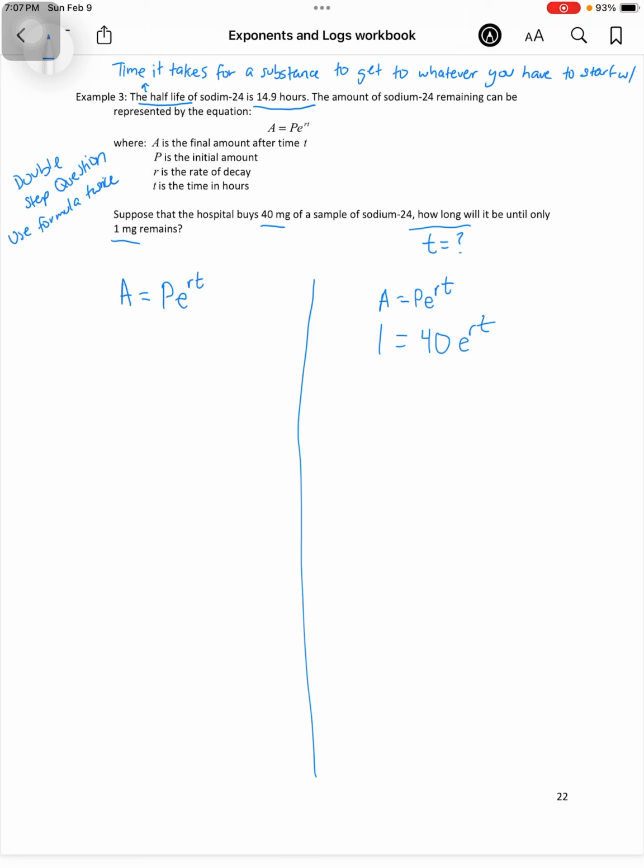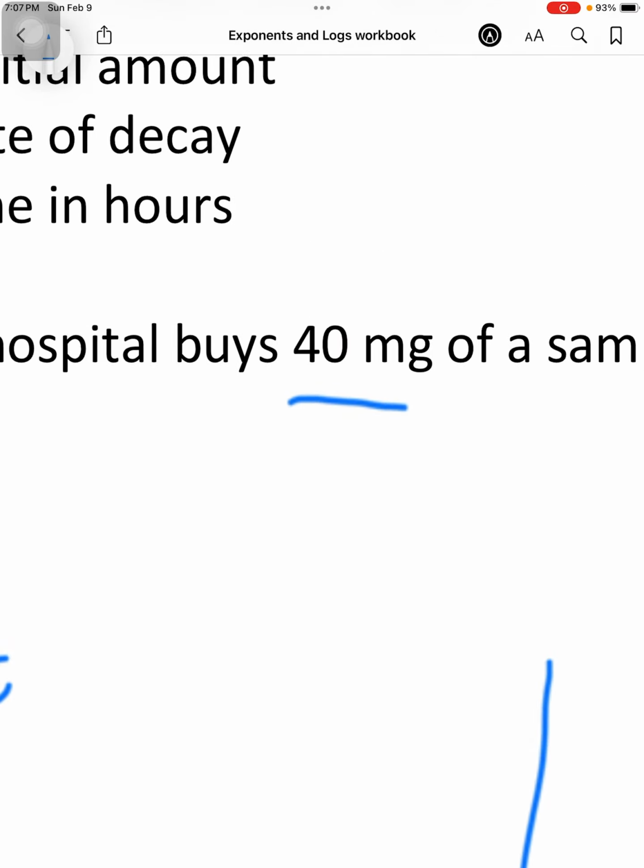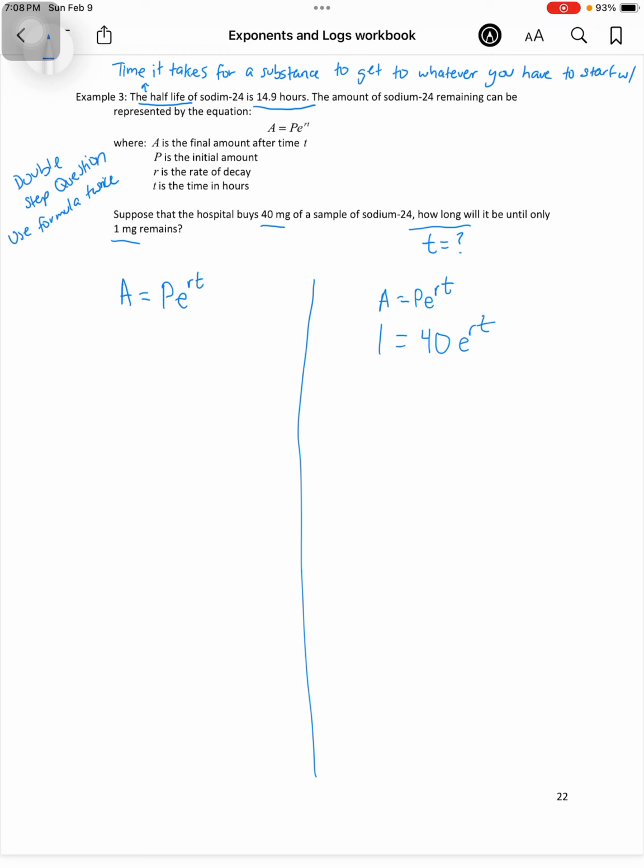And then here, we're just going to set it up. So for A, our final amount, it says the half-life. So for half-life of our starting amount, and our starting amount is given down here in our description, what you're going to do is you're going to write 40, and you're going to divide this by 2. Because that's our half-life, right? It's going to be equal to